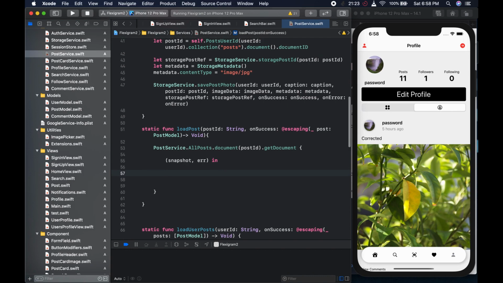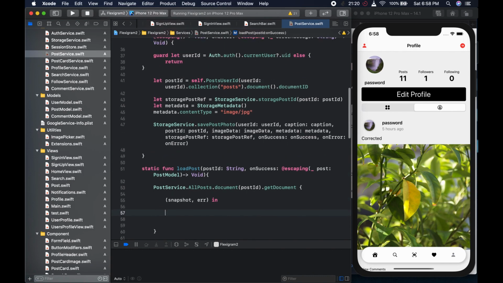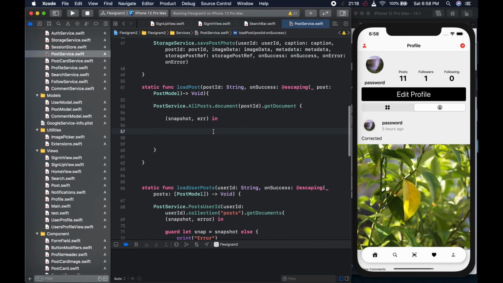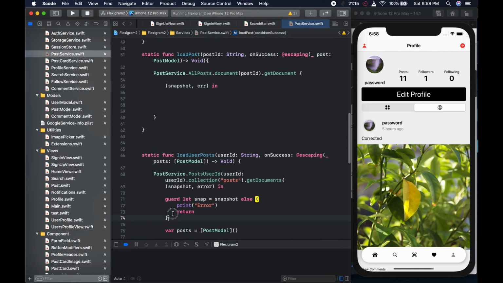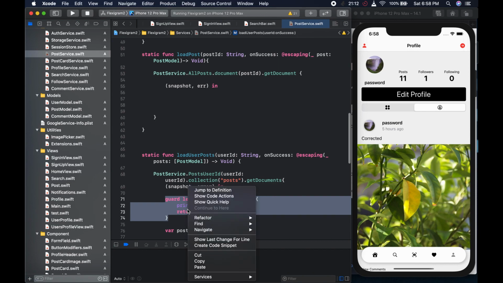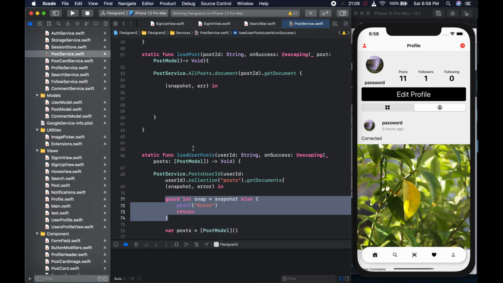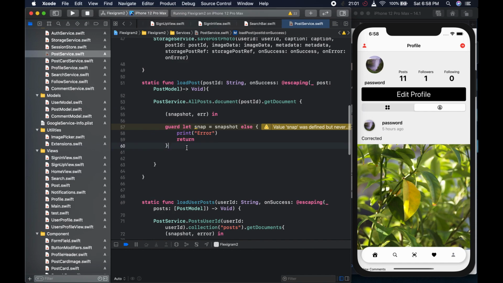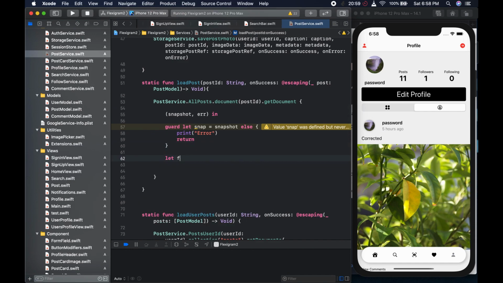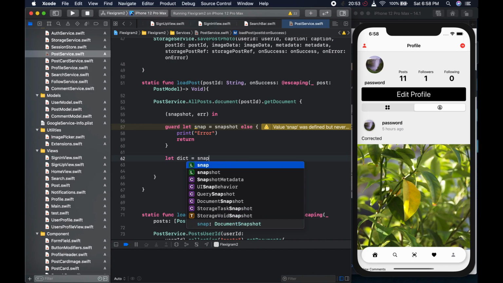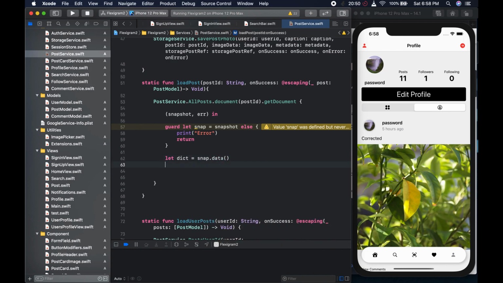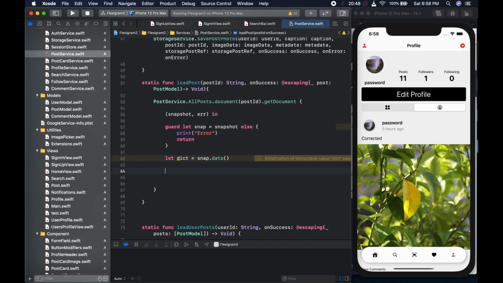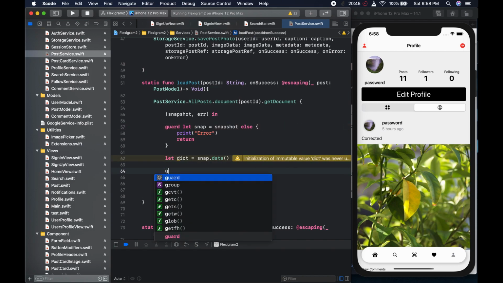And the next thing we need to do is we could copy this code here, let snap equals snapshot, like so, from the user post, and paste it there. And after that this code should be like second nature to you. You should know what this does. We say let dict equals snap dot data, like so, and after that we could get the decoded, and for that we could say guard